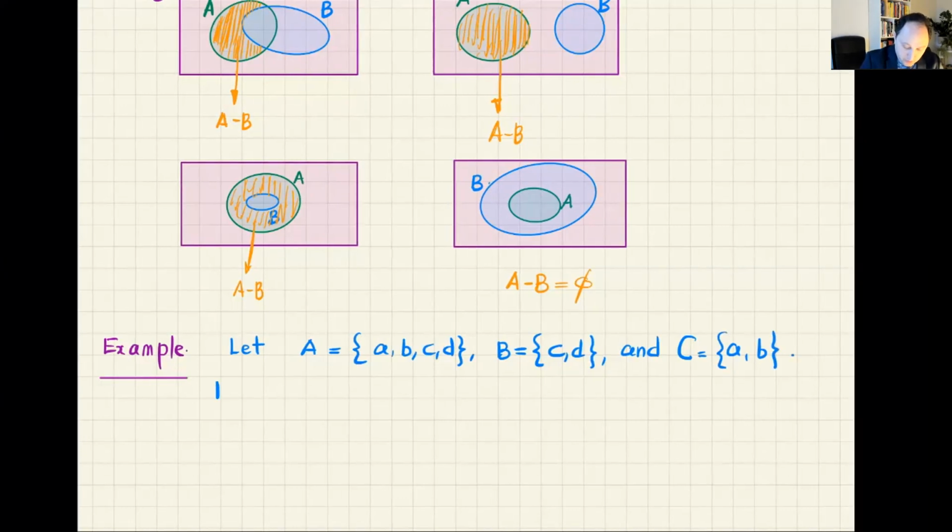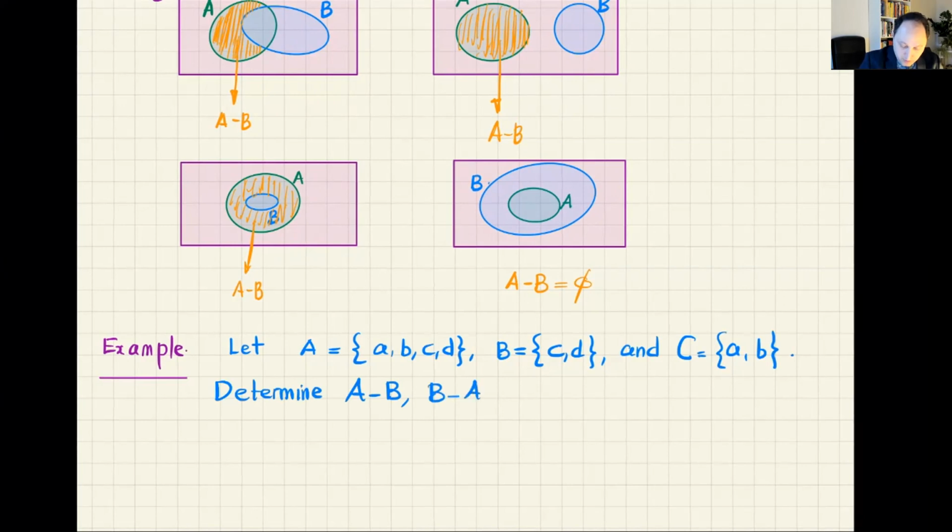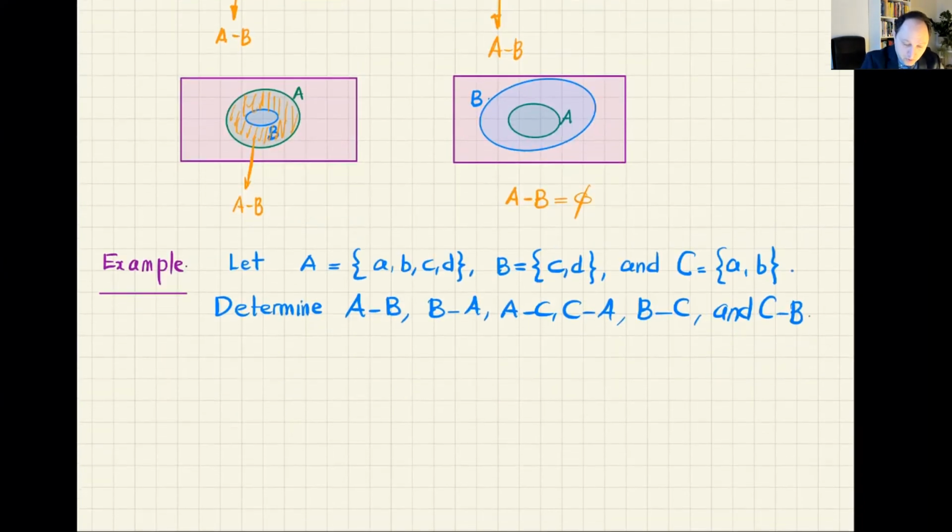Okay, determine A minus B, B minus A, A minus C, C minus A, B minus C, and C minus B. Okay, they are very, very simple, but let us do it quickly. So we want to